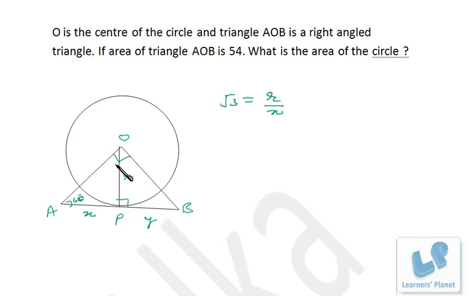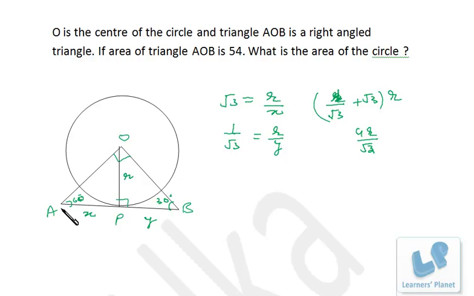Similarly over here, this is 90, this is 60, that means this must be 30 degree. The relationship between this and this will be given by tan theta. So here tan 30 degree, that is 1 by root 3, is equal to r by y, right? So the total length of AB will be x plus y. So x is equal to r by root 3 and y is equal to r root 3, right? So precisely x plus y is 1 upon root 3 plus root 3 into r. Okay, or we can say 4r by root 3.